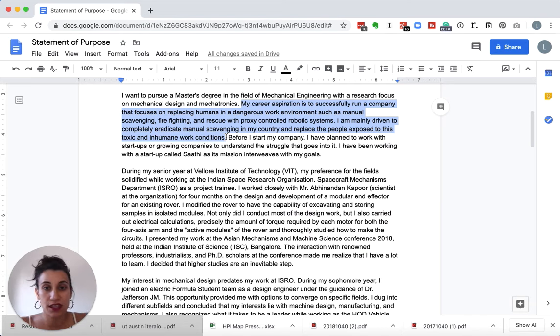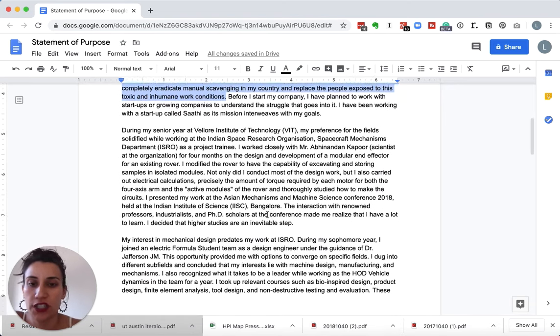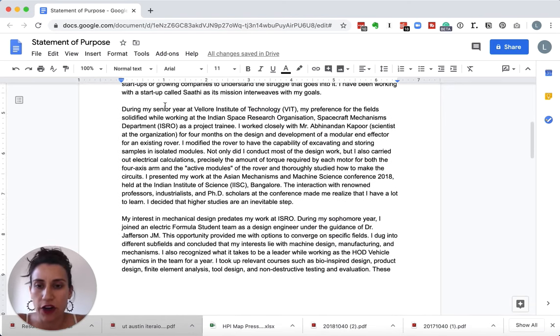And so I actually think this is a really interesting idea, but to me, what happens in the rest of the essay is that this idea kind of gets lost. It's here in the first paragraph, and I would encourage this person to continue that thread throughout the essay, coming back to dedicating their career to transforming these work environments for those who are most vulnerable in these types of environments. Okay, so let's move on to the next paragraph.